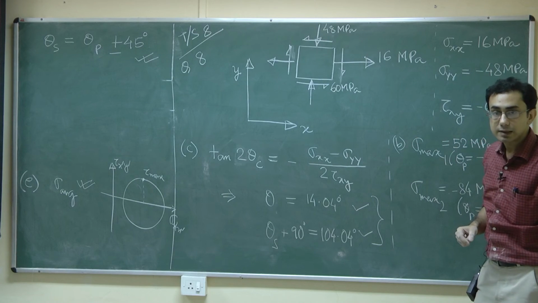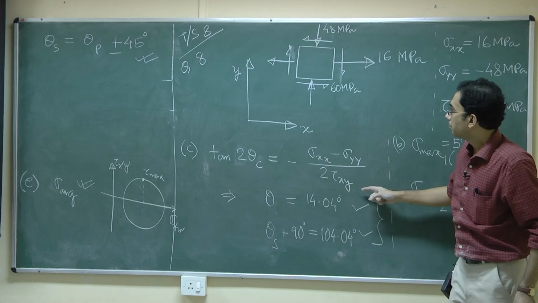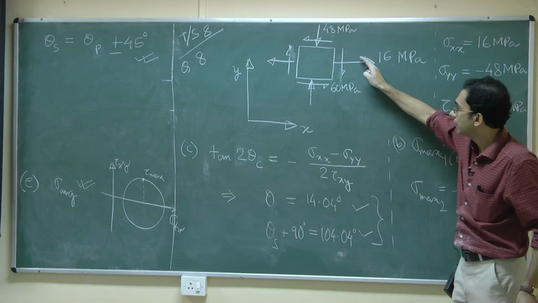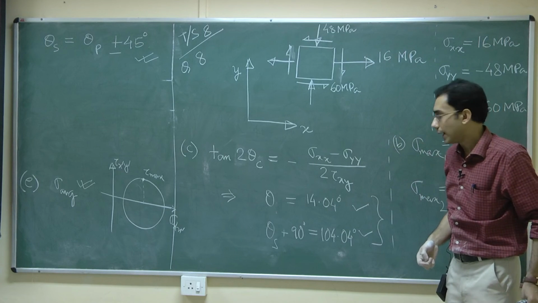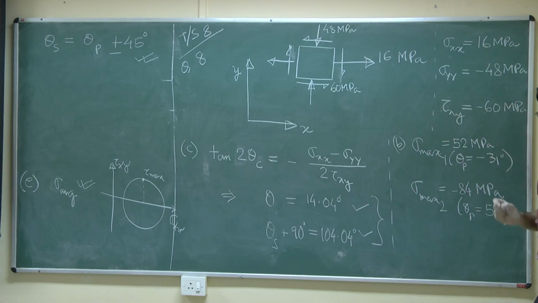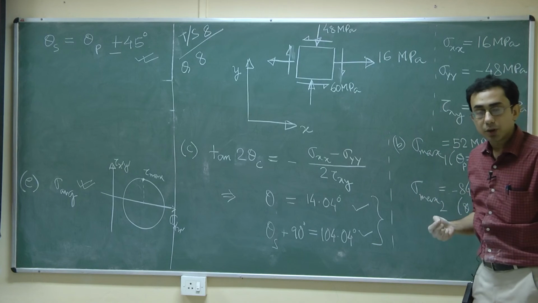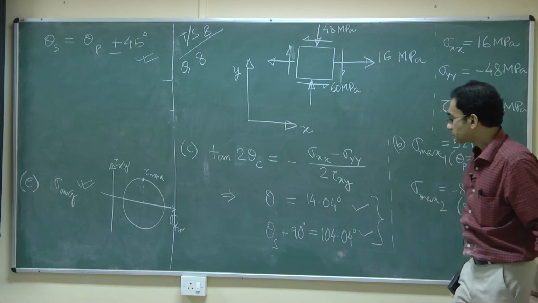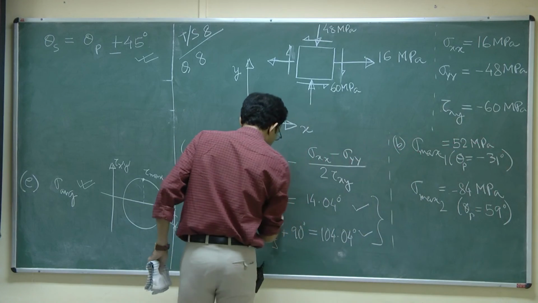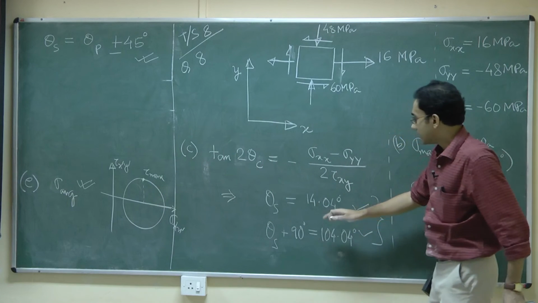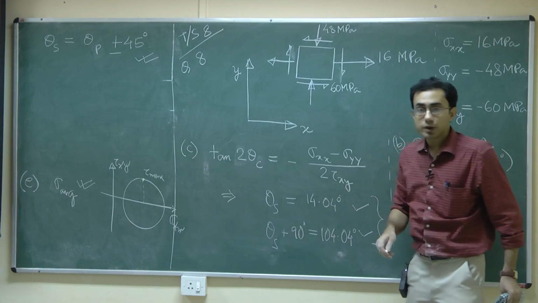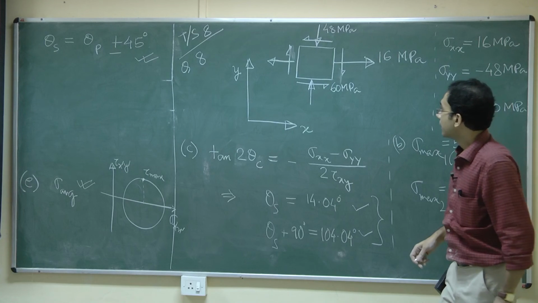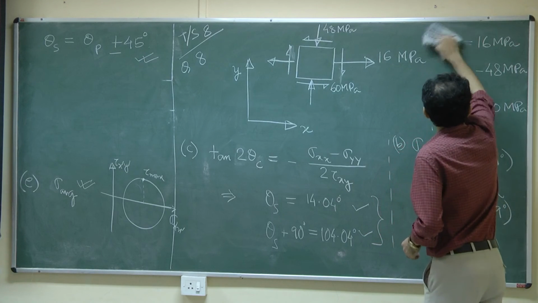it would perhaps make sense if we can actually have some kind of a visual representation, even if not that accurately, on this diagram itself. So, what are we actually talking about? Whether we do it for part A of the problem or part C of the problem is absolutely equivalent. So, let us just consider this. You consider this, the theta s is equal to 14.04. Okay. What does it mean? It means that